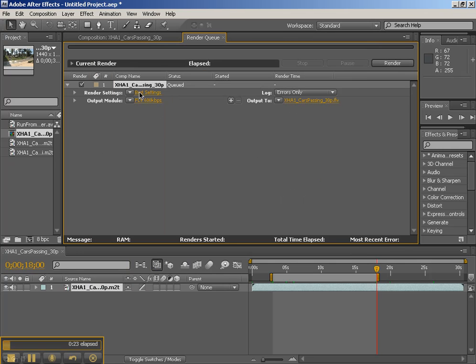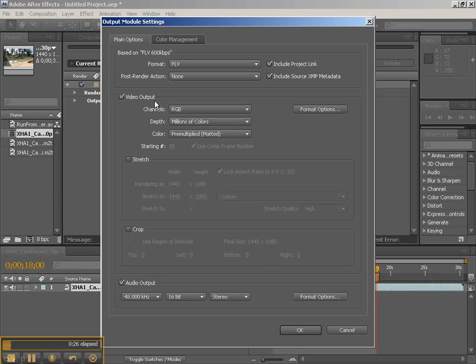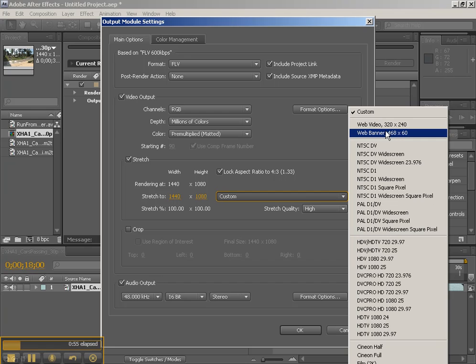In the output module, I also have the ability to stretch things or crop things, which is kind of cool. The nice thing about that is that you can have output modules that will have certain settings for the size that they're cropped to, or the size that they're stretched down to. And you can see that we have our stretch, we have the high or low quality here. So I'm going to go ahead and stretch this down to